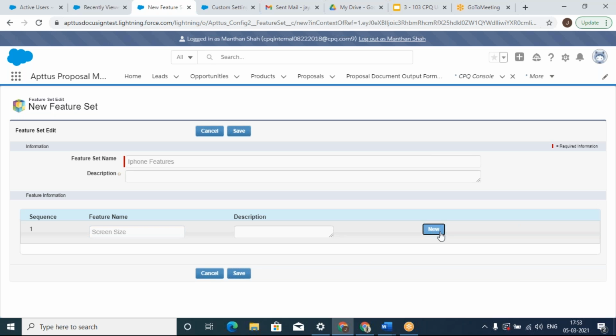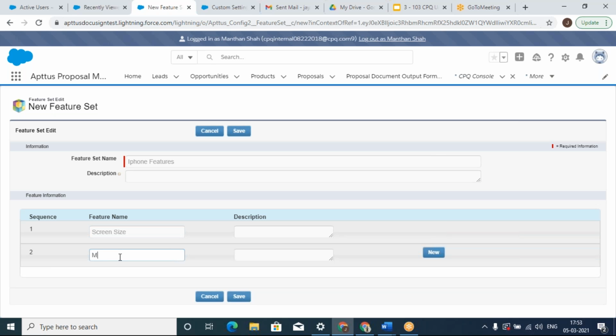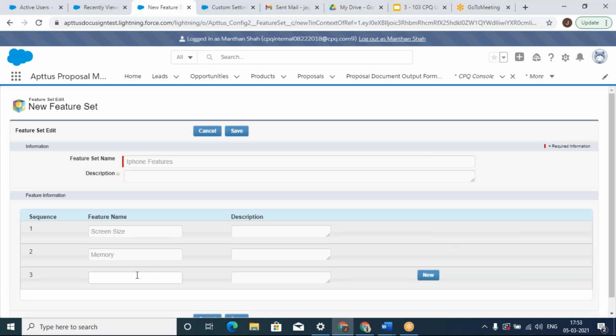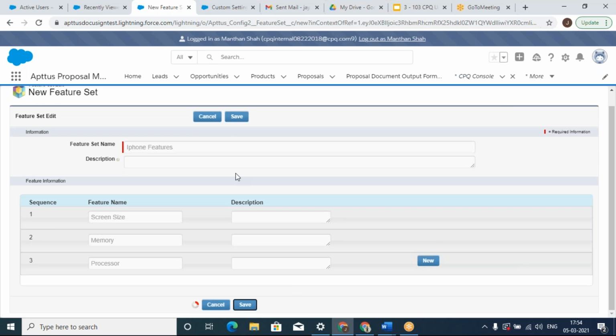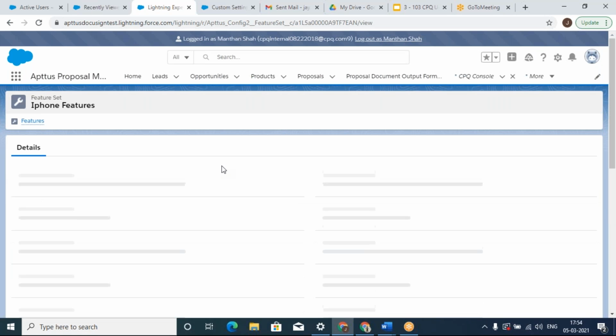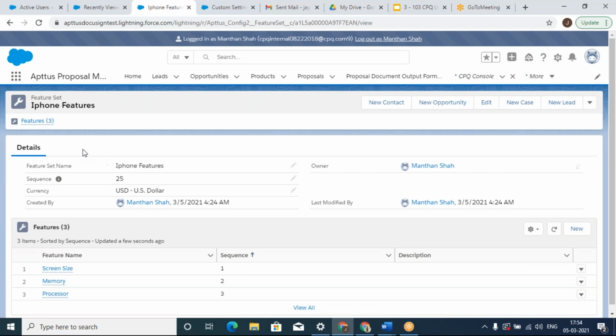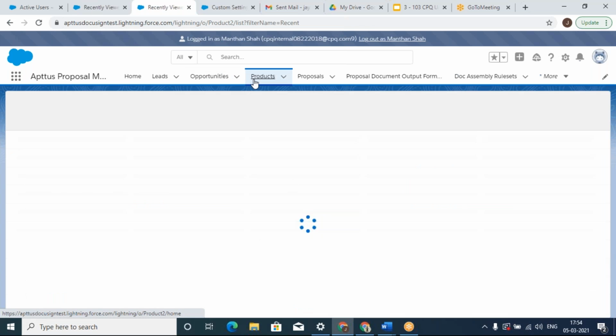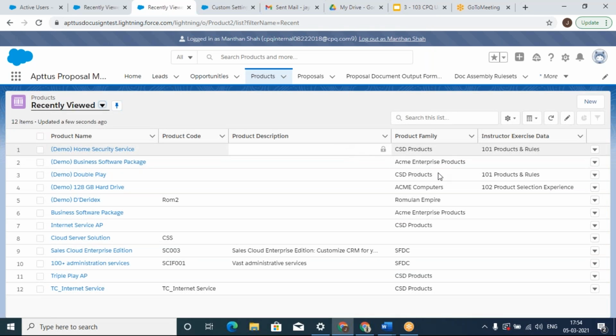and then I can also add memory, and processor, and all of that, and then click on save. So I've set this feature. First I've created the feature, and now after creating the feature, I have to associate it with the product. So I go to the product,